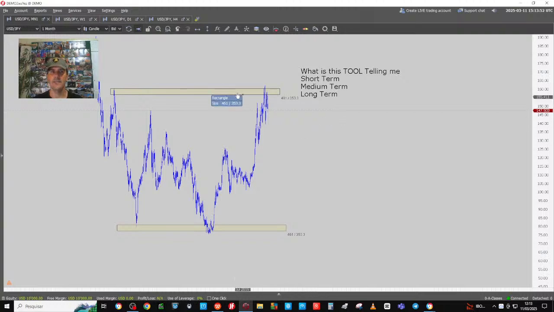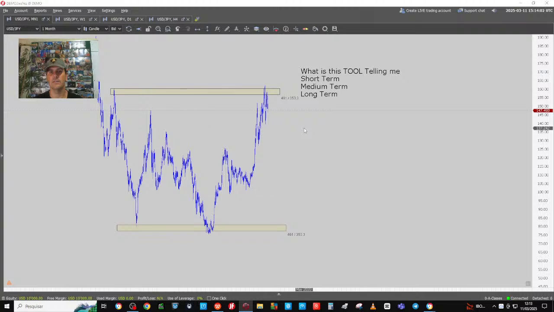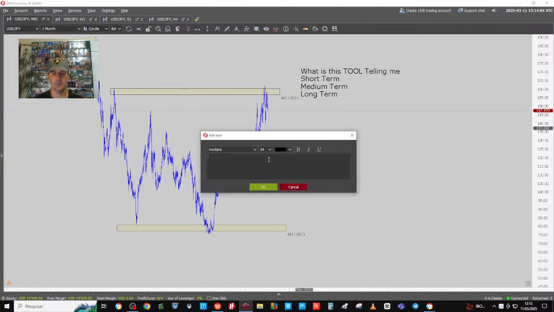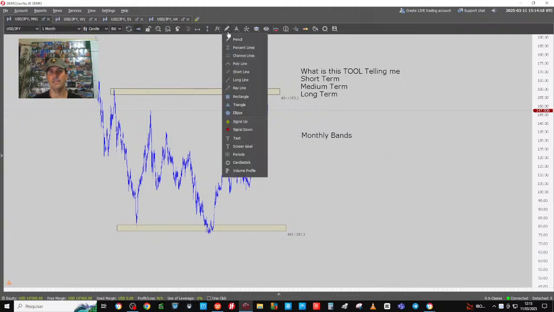Okay, everybody? Now, USD JPY monthly bands. What are the monthly bands telling you short term, medium term, long term? Charting exercise, exactly. Monthly bands. I'm teaching you how you must think, alright? There is no right or wrong. So monthly bands, what are the monthly bands telling you about USD JPY? We're going to go on the weekly, we're going to go on the daily, don't worry. Let's go step by step.